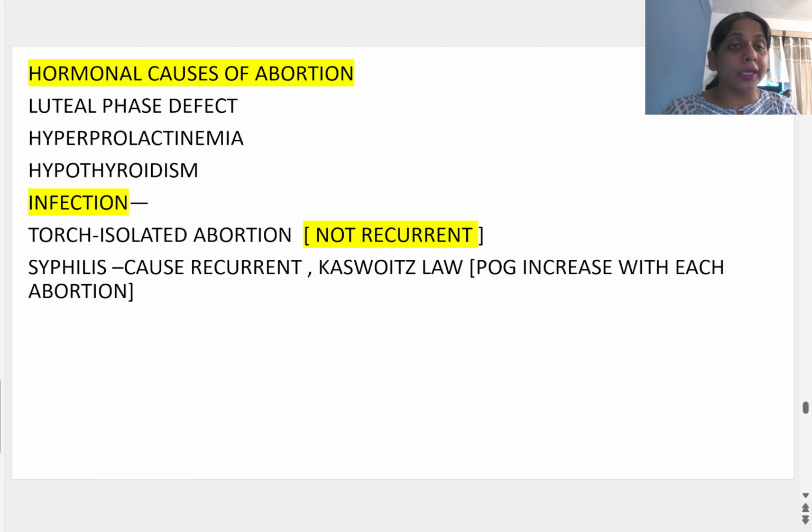Infections जो abortion cause करते हैं उनमें प्लीज़ आप ध्यान देंगे, टेलीग्राम पे आप सबका तो मुझे 30% रिजल्ट ही मिल रहा है। टॉर्च हमेशा एक बार अबॉर्शन करता है, रेकरेंट अबॉर्शन नहीं करता। सिफिलिस से अगर अबॉर्शन होता है तो बार बार हो सकता है, टॉर्च के अंदर सिफिलिस नहीं है, ठीक है, लेकिन वो कैस्वोटिस लॉ फॉलो करता है, यानी हर बार प्रेगनेंसी का पीरियड ऑफ गेस्टेशन इंक्रीज करेगा। अगर एक बार 8 वीक पे अबॉर्शन हुआ है तो अगली बार 16 पे होगा, उससे अगली बार 32 पे होगा, इसलिए हर बार प्रेगनेंसी का गेस्टेशन इंक्रीज होता जाएगा और एक दिन नॉर्मल प्रेगनेंसी, नॉर्मल डिलीवरी हो जाएगी। कैस्वोटिस लॉ इज फॉर कंजेनाइटल सिफिलिस।